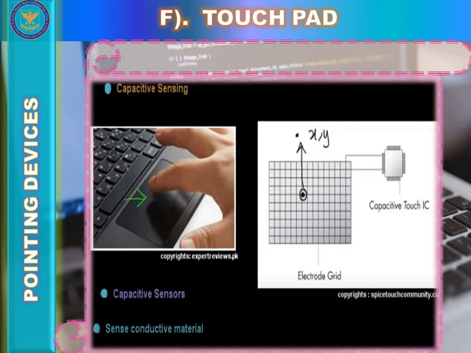When the finger is brought closer to the touchpad, the capacitance of the system increases. From the position of capacitors which are charging and discharging at any point of time, the x and y coordinates of the point of touch are determined. When you press the touch screen, the touch on certain x and y coordinates is determined.